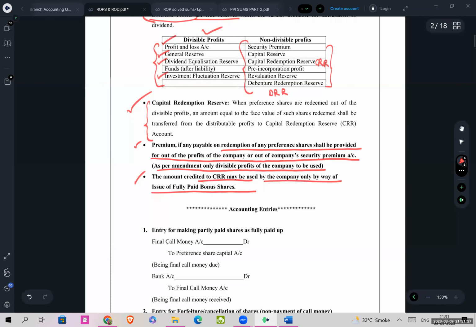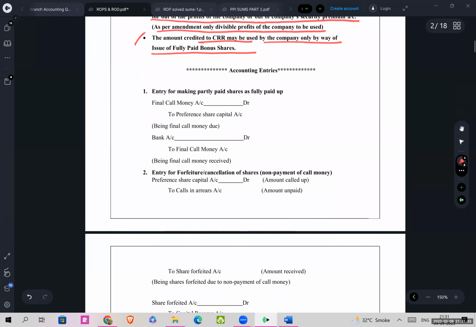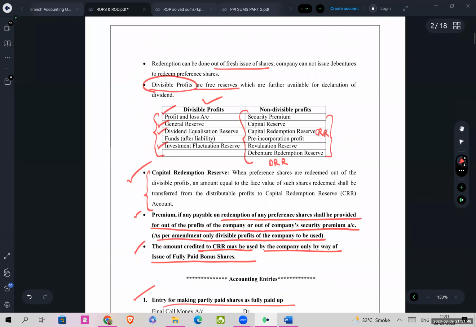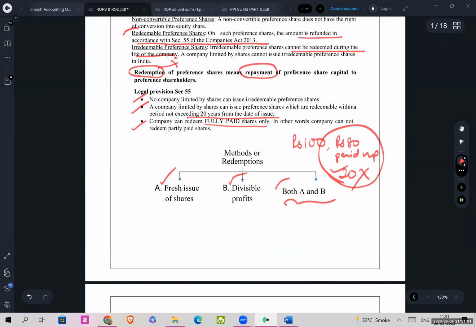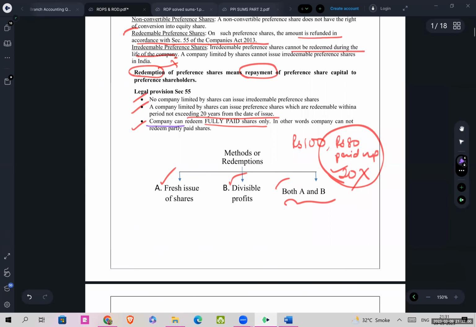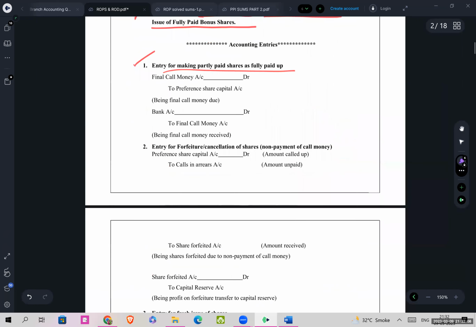So let's move on to the accounting entries. These are the steps which you have to follow while solving sums under redemption of preference shares. The first is the entry for making partly paid shares fully paid up. A special mention about this line I'm talking about: company can redeem fully paid shares only. So that is why your journal entry first step is,